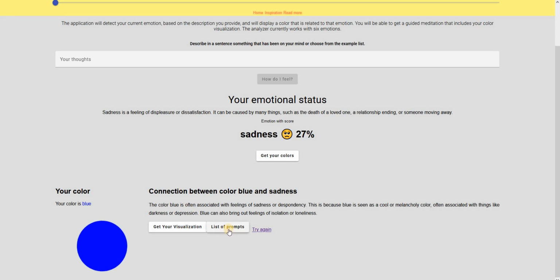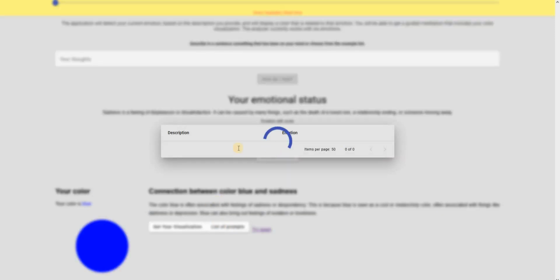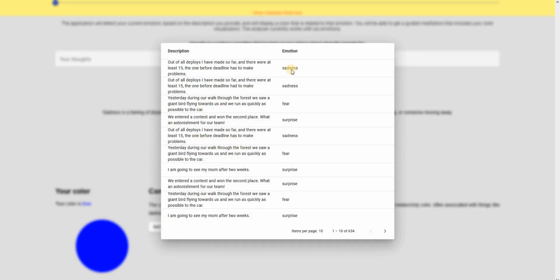I thought it would be interesting for the user to have the option to see a list of all prompts and their related emotions entered previously by other users. This list also includes the prompt that was entered in this session. So I did enter this prompt now, and it's here in this list. It does need further development in order to make more sense to the user, but on a more technical side, this